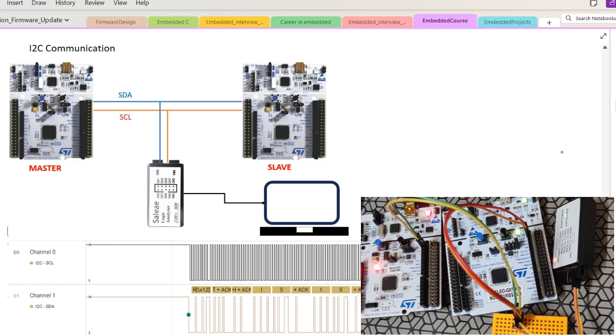For I2C communication, I will be using two STM32 boards, one working as a master and another as a slave. This is the logic analyzer that I will be using to capture the data sent between these two controllers, bit by bit from master to slave, and how the slave responds. I will capture this on the PC, and this is how the waveform will look. One is the clock signal and another is the data. You can see the data is communicated, and here we can read the ASCII value the slave